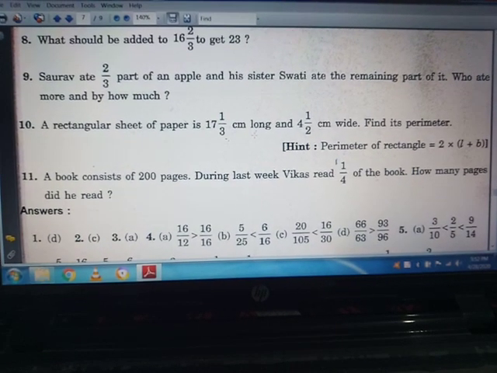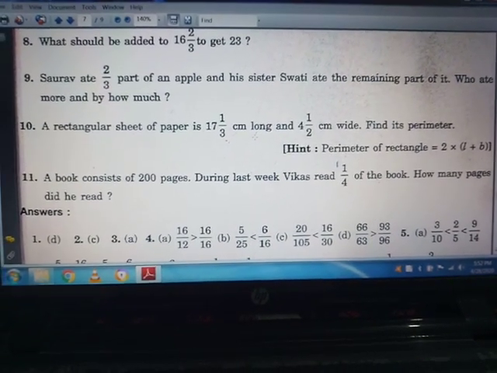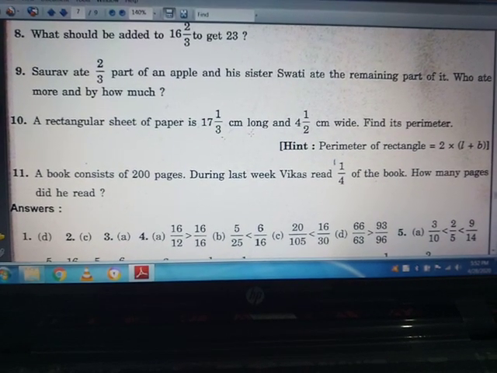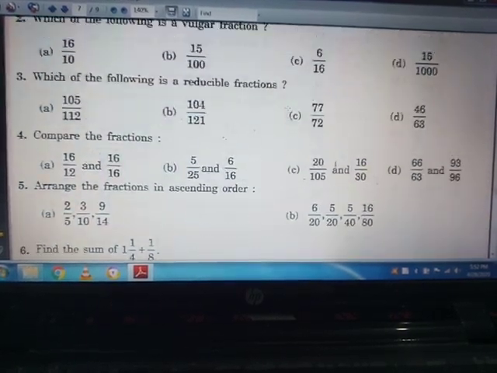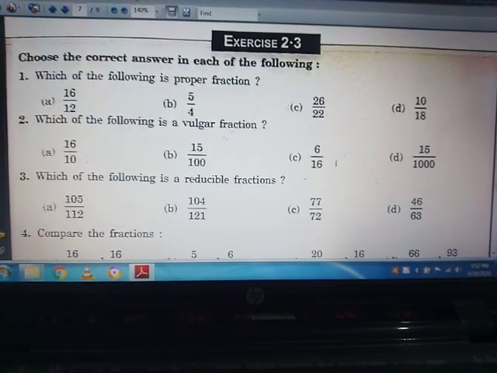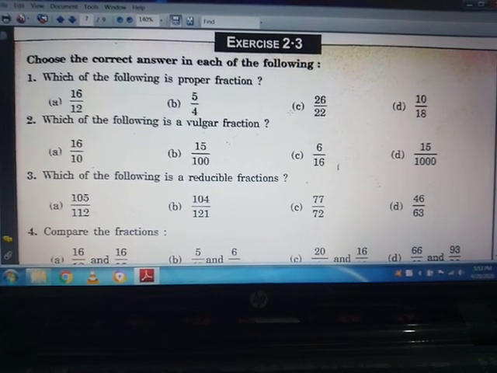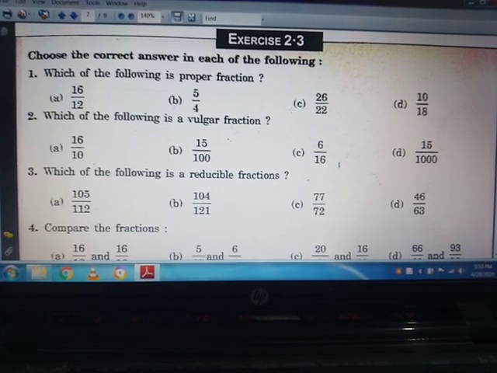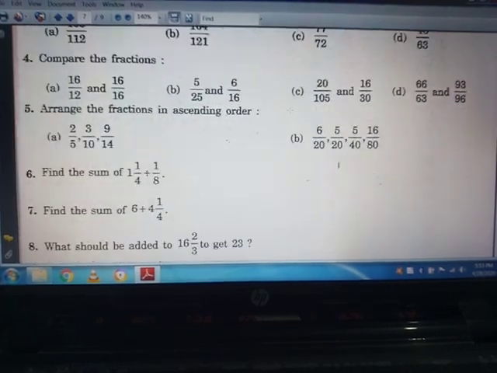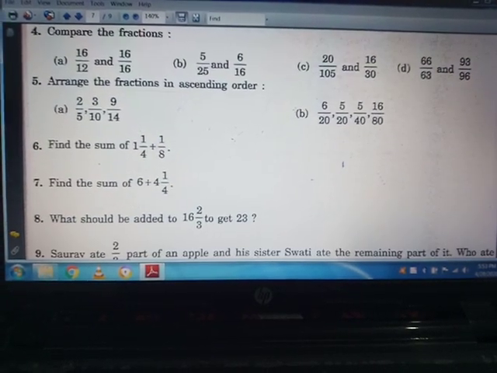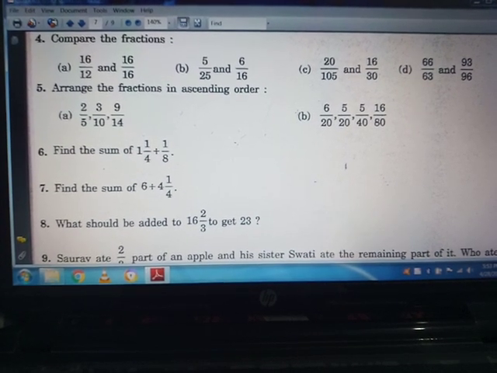So question numbers 9 to 11 we will discuss in the next video, and up to question number 8, this is your home assignment. You will do these questions. This is exercise 2.3. Pause the video, take the screenshot and solve these questions. Okay, 1 2 3 4 is here, and from 1 to 8 this is your assignment. Here it is. You can take the screenshot and solve these